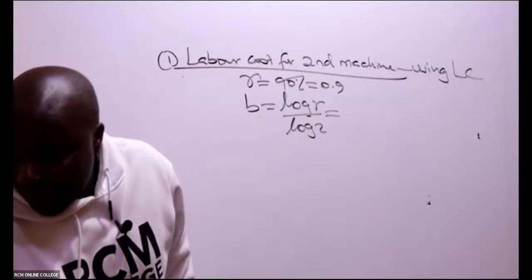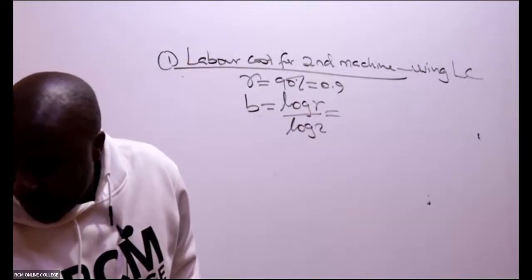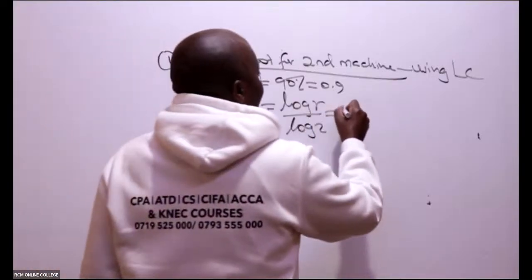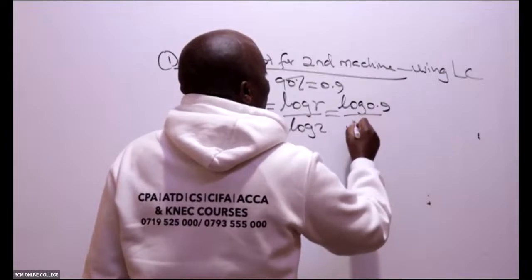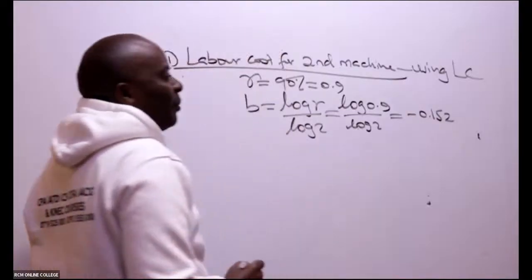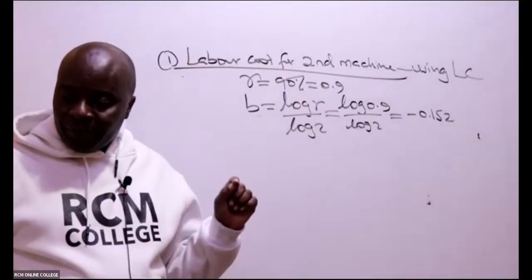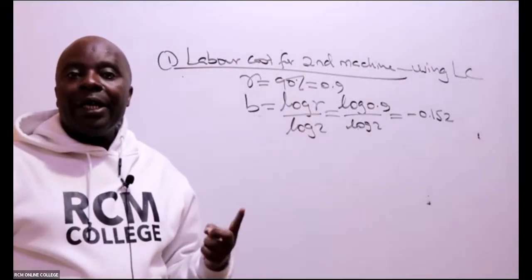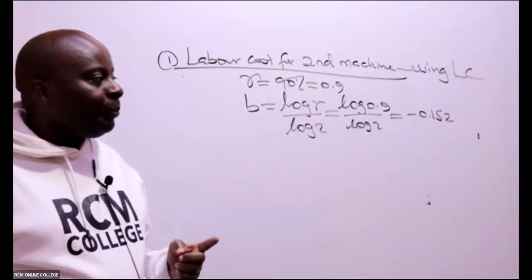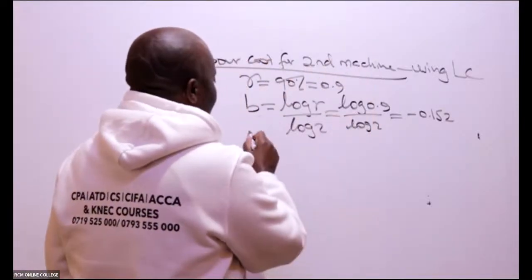So in that case, ladies and gentlemen, you are way ahead of me, but allow me to finish this. It will be log 0.9 over logarithm 2, which somebody has already told me will end up being minus 0.152. So were all of us able to get this value of B? That's a mark. One mark in advanced management accounting can make you see places that you've never seen before. Once you get B, take it a notch higher by giving us B plus 1.